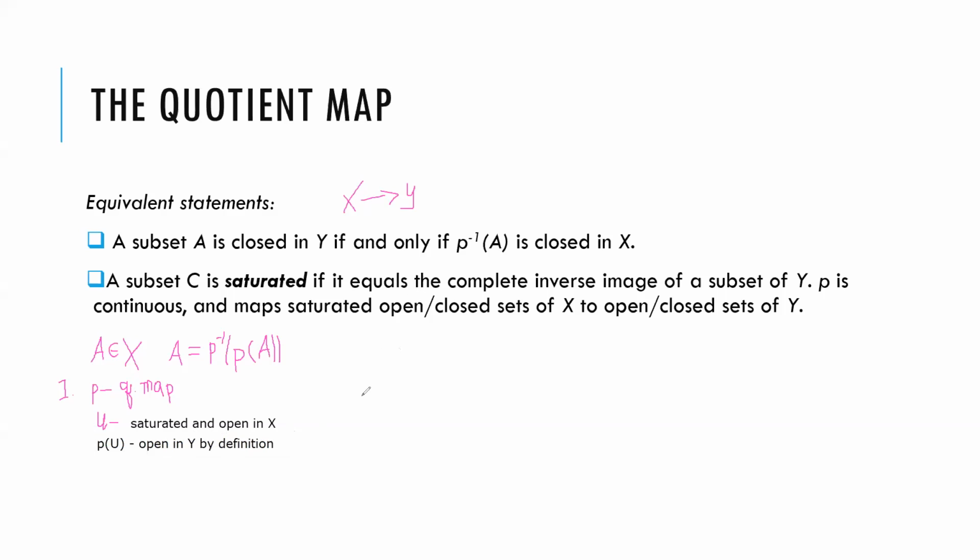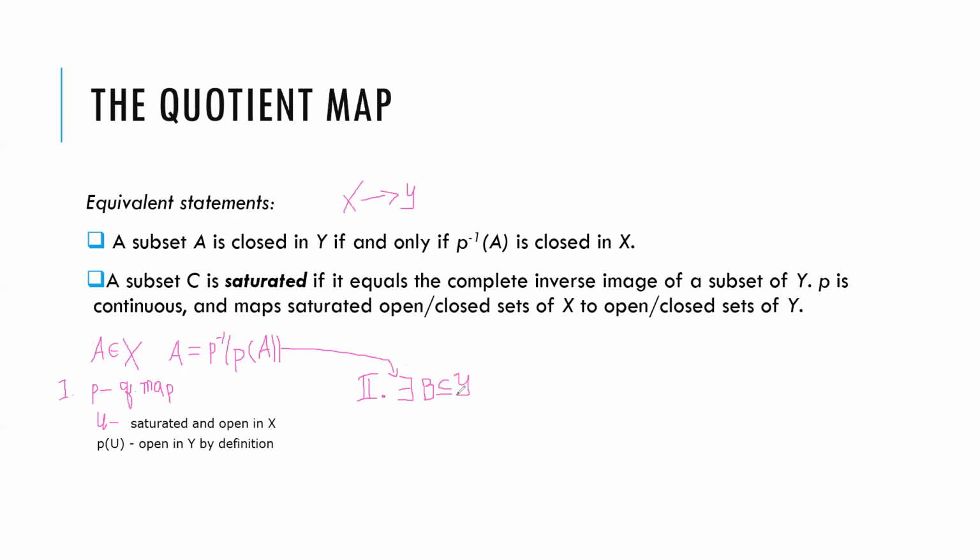And then when we go the second way around, we have to prove that if we know that P is continuous and it maps saturated open sets of X to open sets of Y, then P is a quotient map. So how do we go for that one? Firstly, we will do something to this definition. So we can say that this statement is equivalent to the statement that there exists a set B, which is a subset of Y,